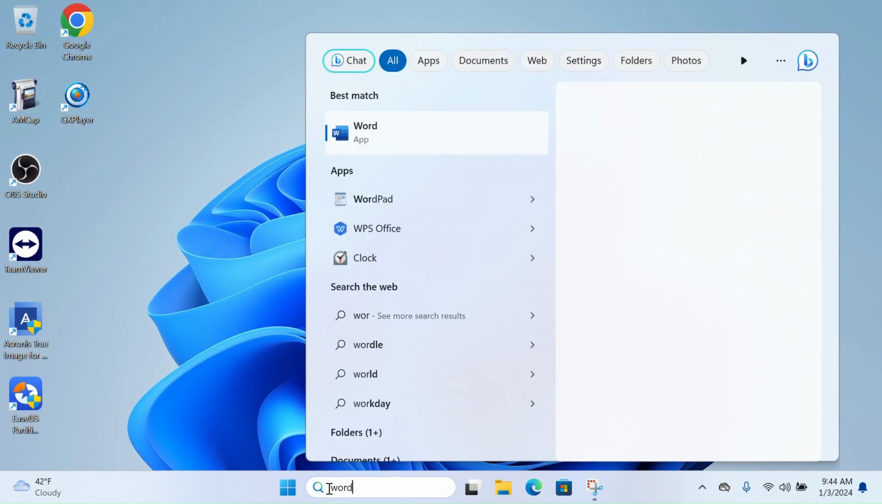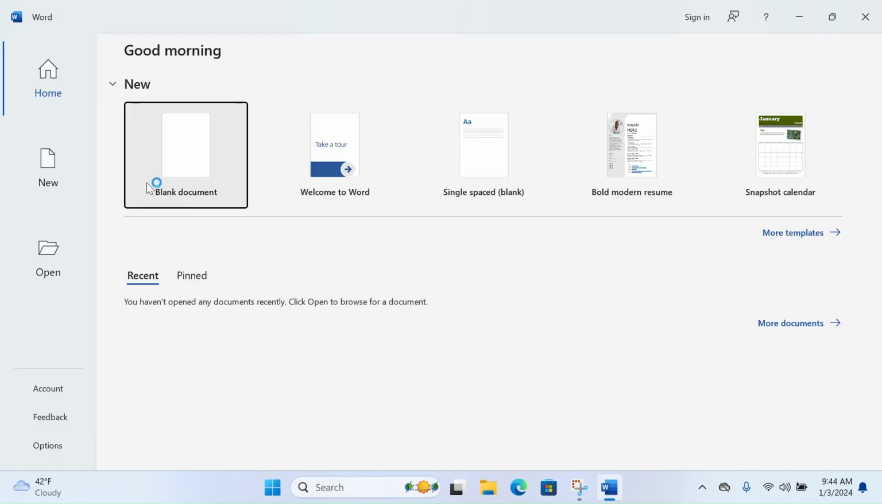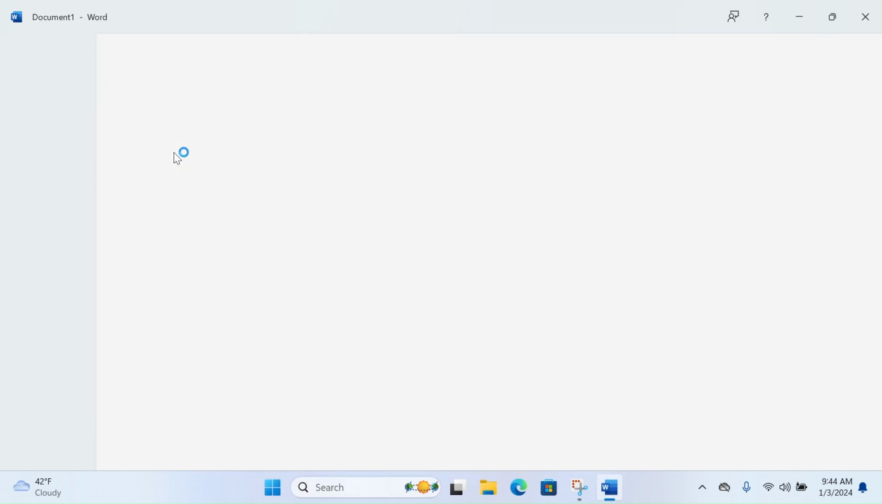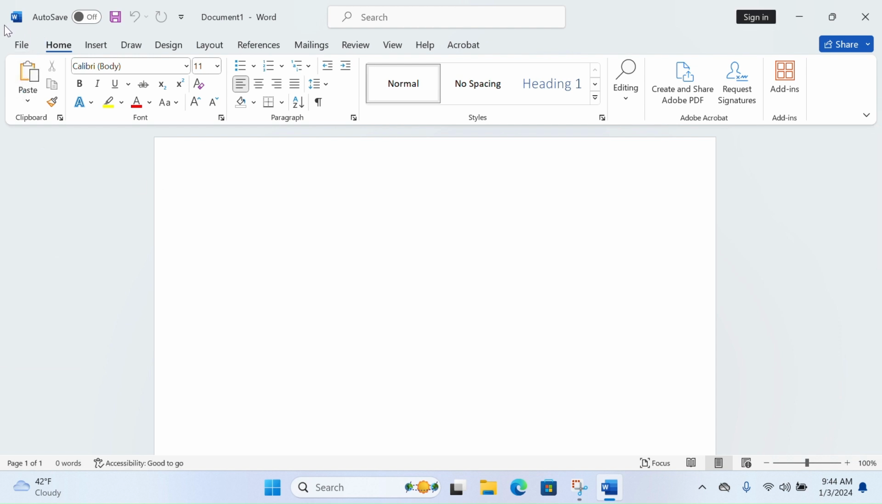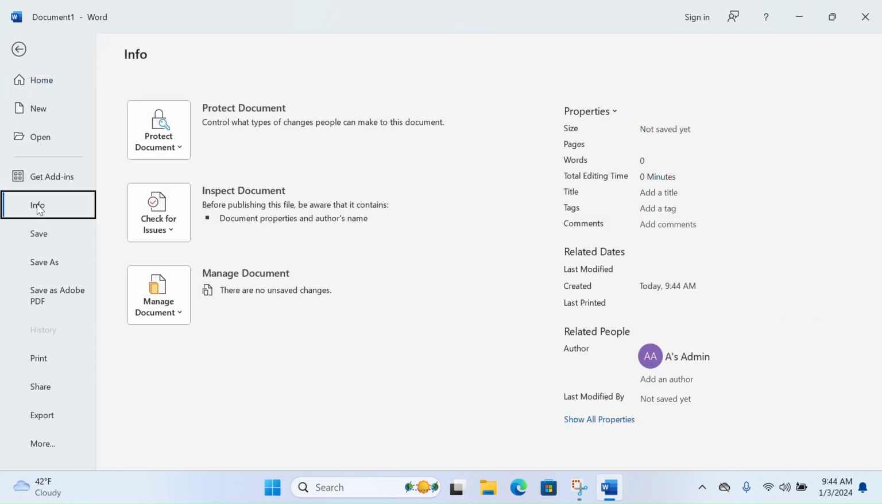Open the Word document, click on the blank document, click on File on the top left corner, then Info, then Manage Document. You have to click on this area,